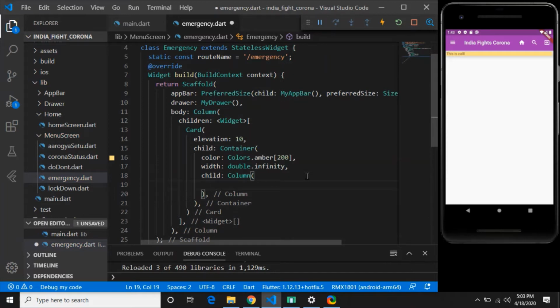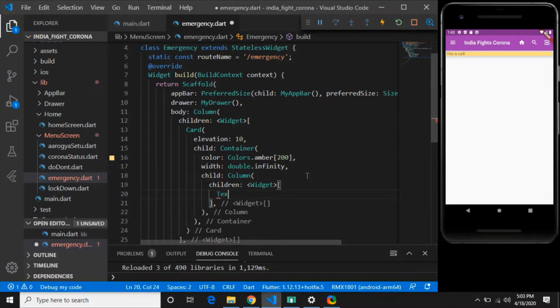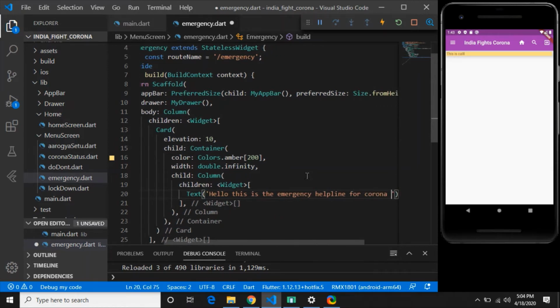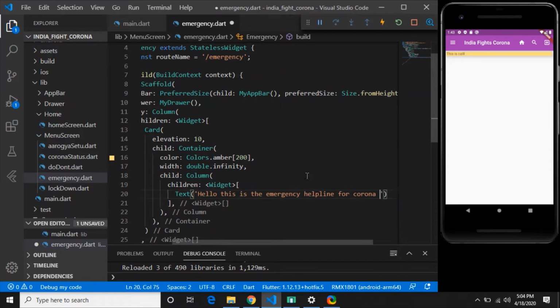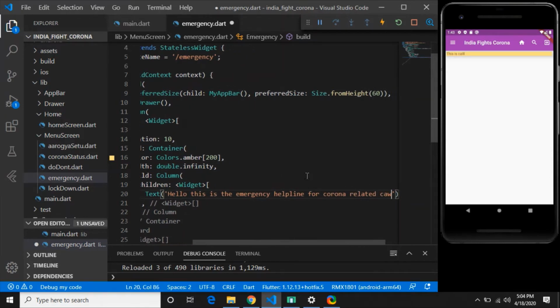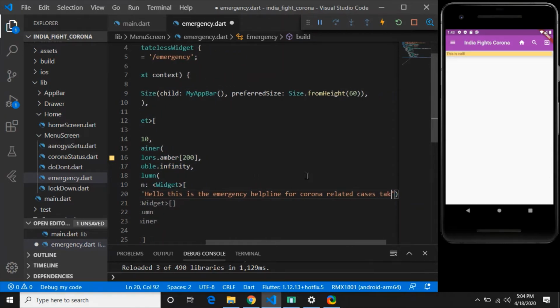First child will be text, and text will be: Hello, this is the emergency helpline for corona related cases taken from Government of India site.